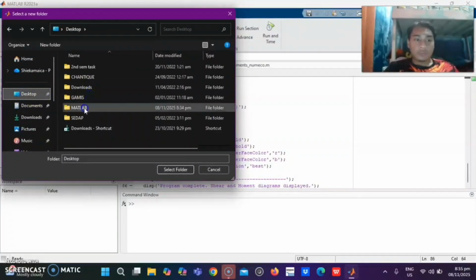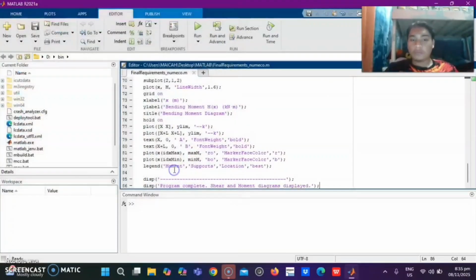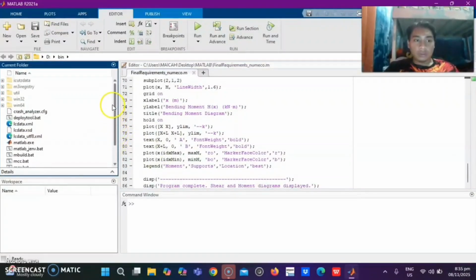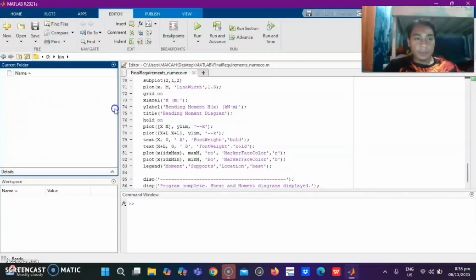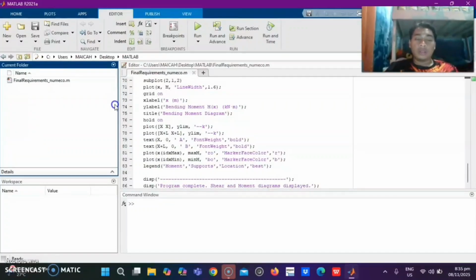So desktop, in my case the MATLAB folder, then I'm going to press select folder. So you just have to wait for it to show here. It's taking quite a while to process. It's still loading. Okay, here.